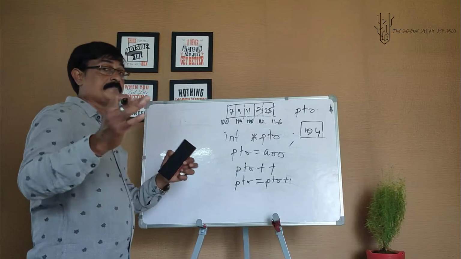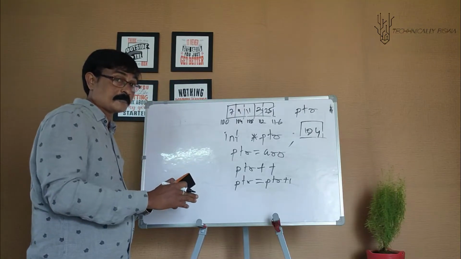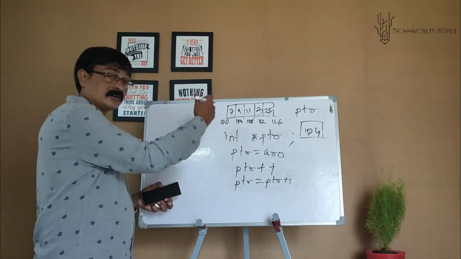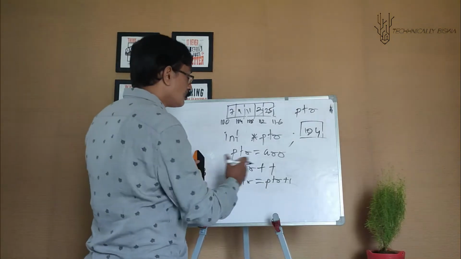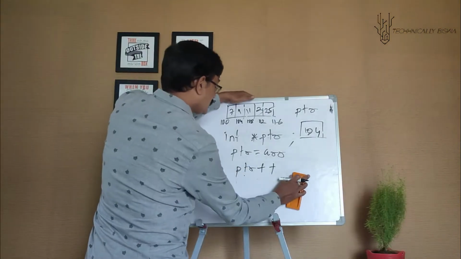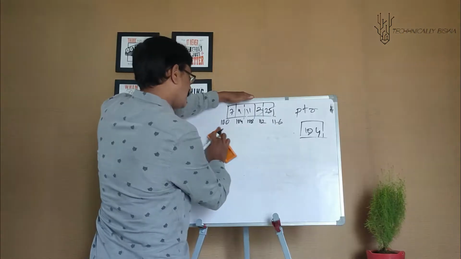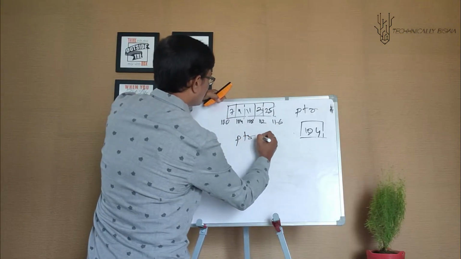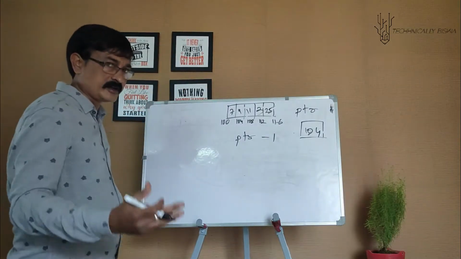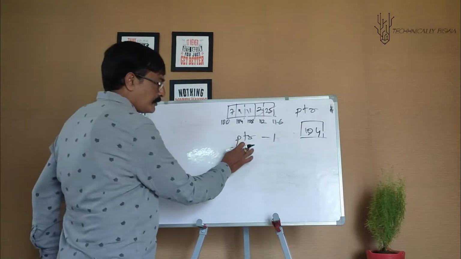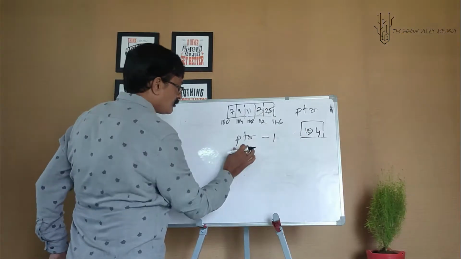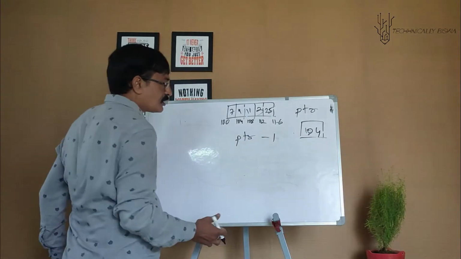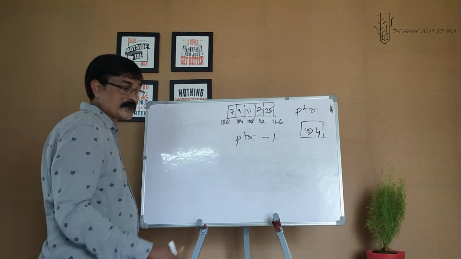So basically we can do that with this pointer ptr. That's why ptr is a variable pointer. It's not a constant pointer. That is the beauty. It is a variable pointer, which can be changed. Now assuming ptr has the address 104, what happens if I write ptr minus 1? ptr is 104 right now, 104 minus 1 into 4. How much do you get? 100.